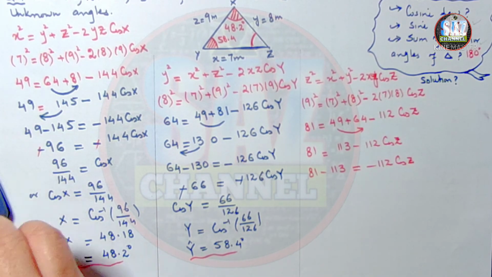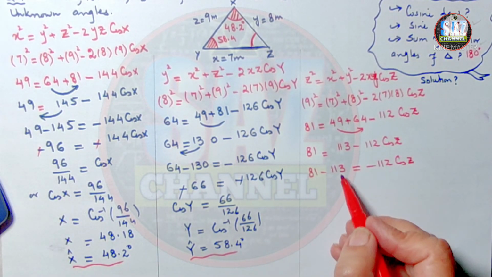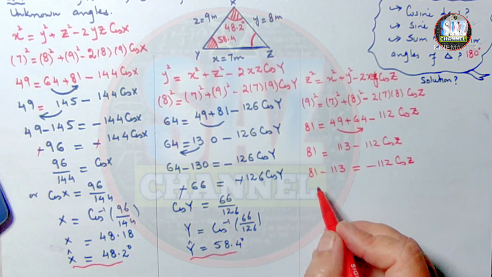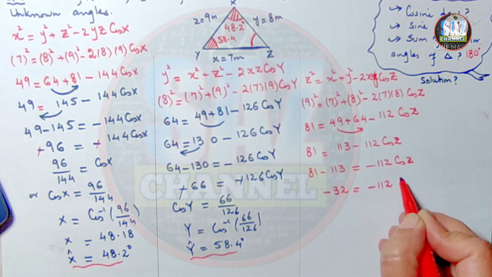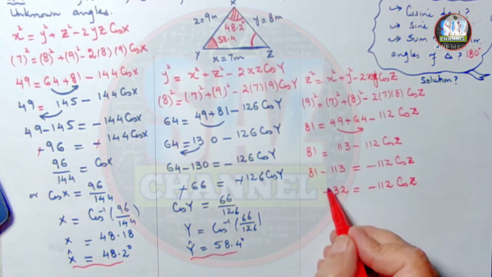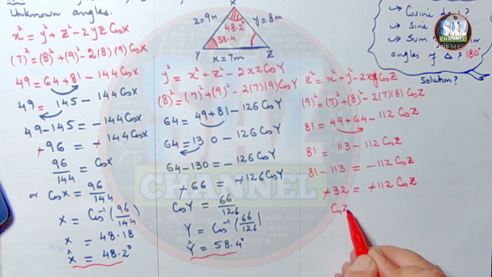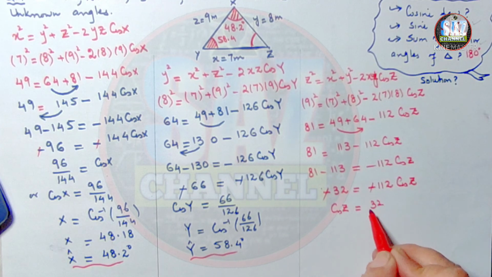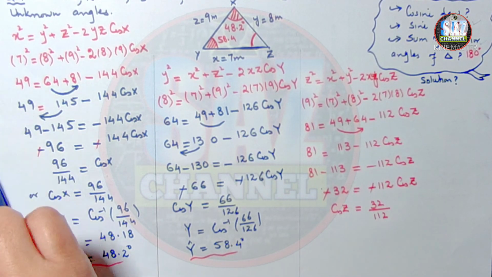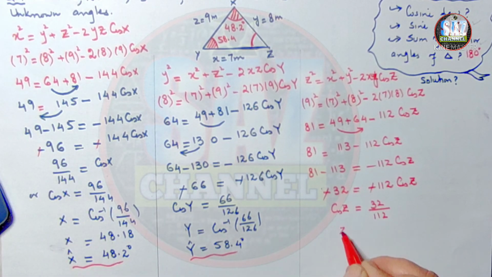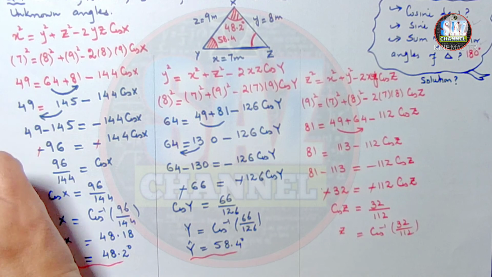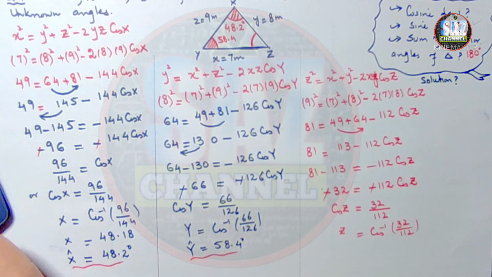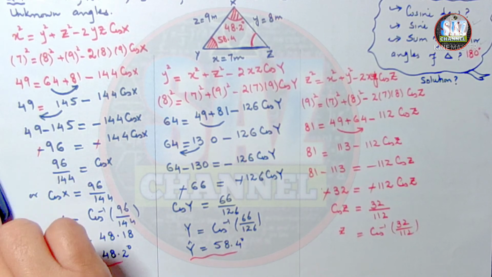When I take away 81 from 113, I am left with 32 equals minus 112 cos z, and the minus sign goes with the minus sign, and cos z will be equal to 32 by 112. Z equals cos inverse 32 by 112,